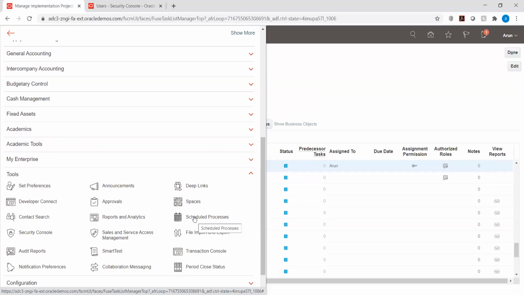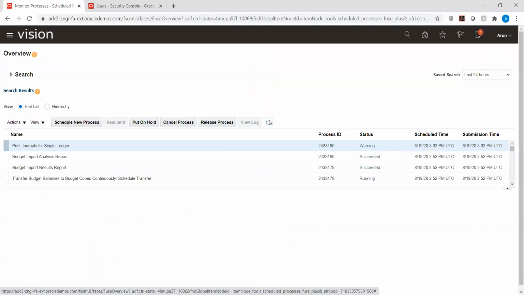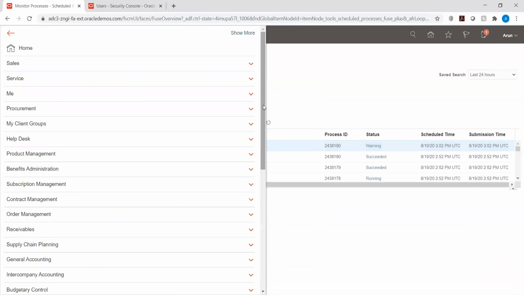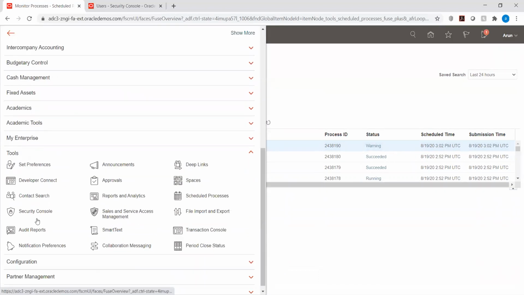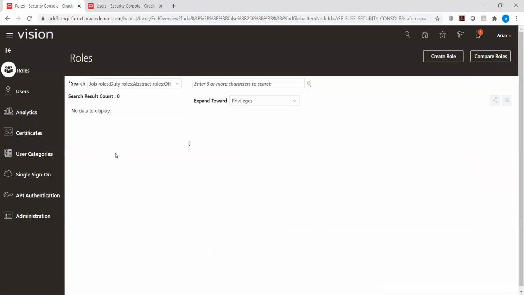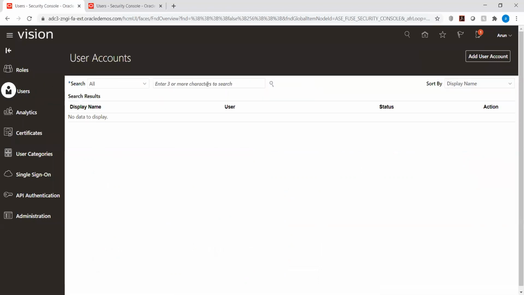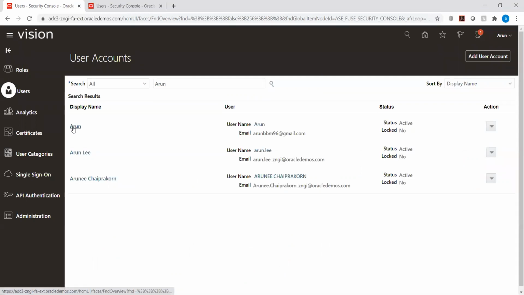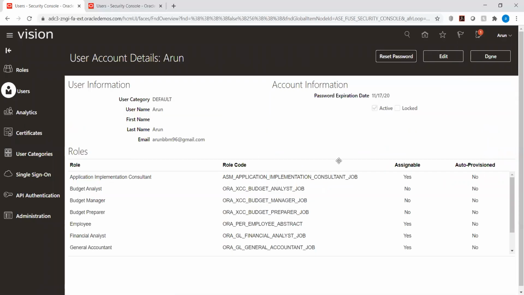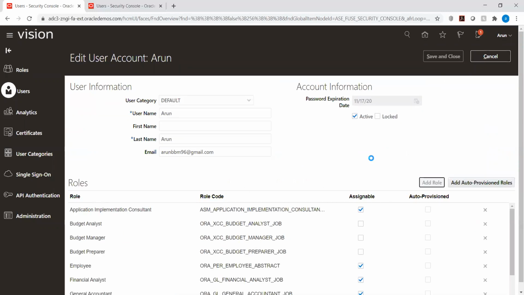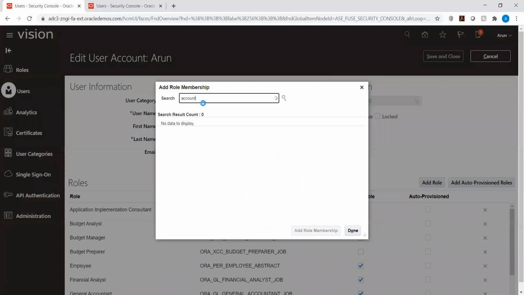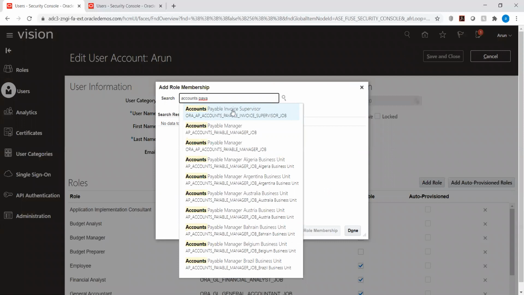Okay. Just add the roles to create the invoice.